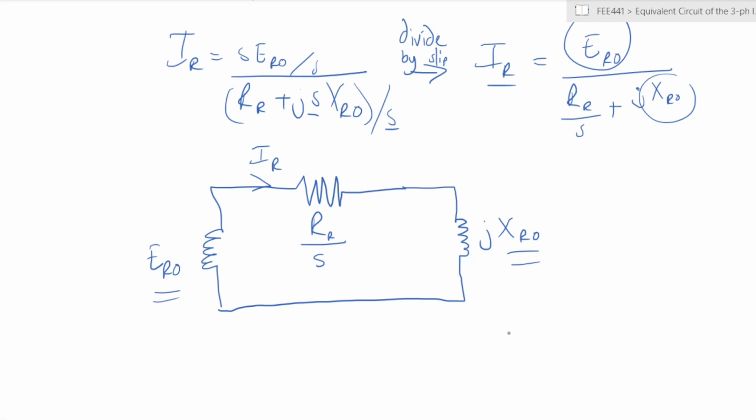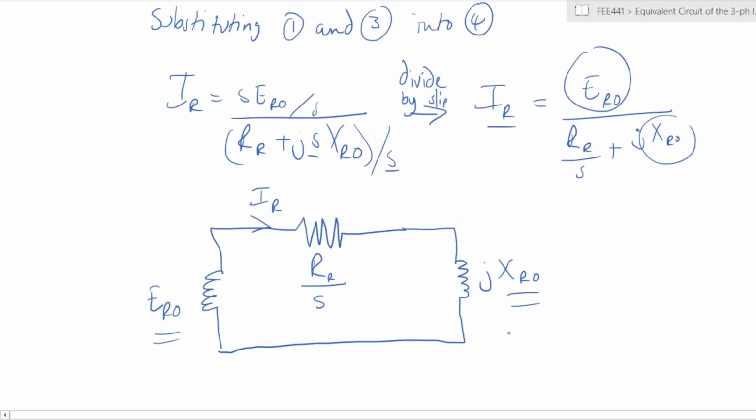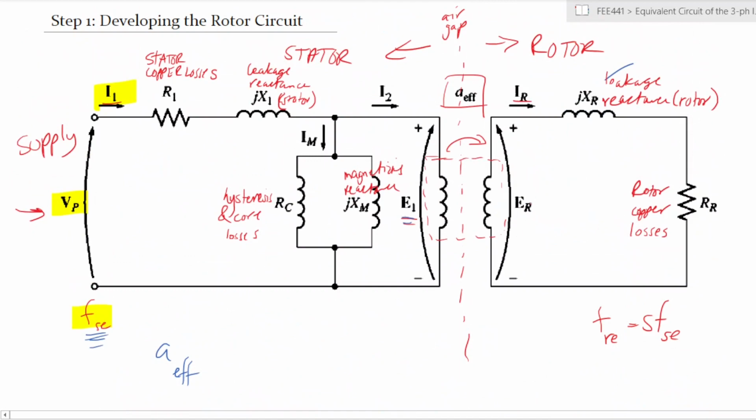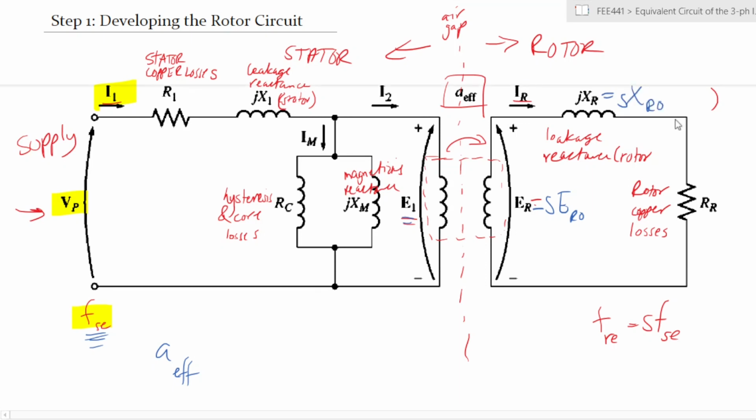So we have slightly changed the characteristics of the machine, and that means that we have been able to relate it to the slip that is there. So what we have said is ER is equal to S ER0 and XR is equal to S XR0. Okay. So if you were to get rid of that S, which also applies to this one, you